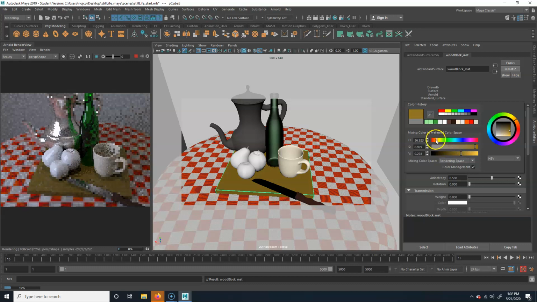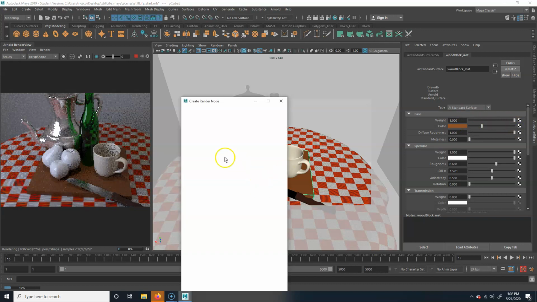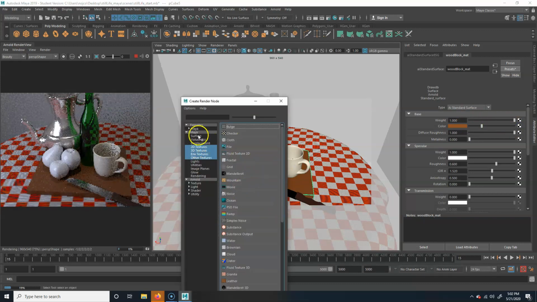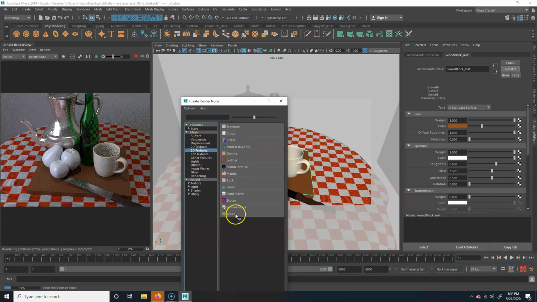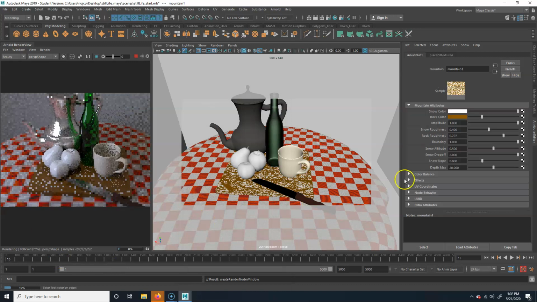That looks terrible. Actually I'm going to click on this and let's go ahead and use one of the procedural textures. Now here's the thing, you can't use the 3D procedural textures from what I've seen. They don't seem to work, so you can't use the wood one. It just won't show up. You can only use a 2D one. So I'm just going to click on 2D, and then I'm just going to go ahead and use mountain. Why not? Sounds fun. So let's do mountain. Probably getting a wood texture would have been better, but